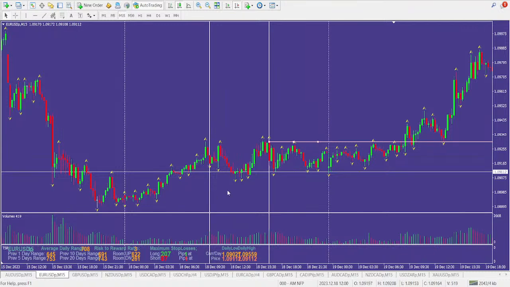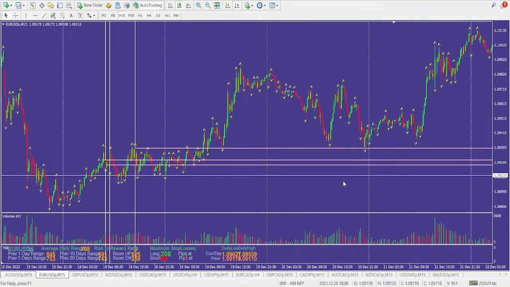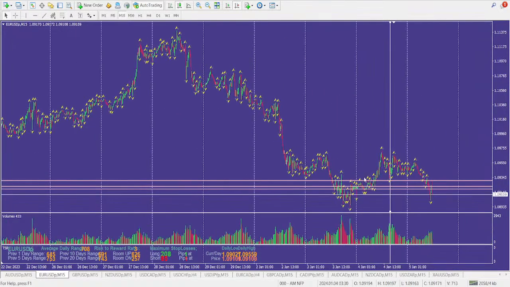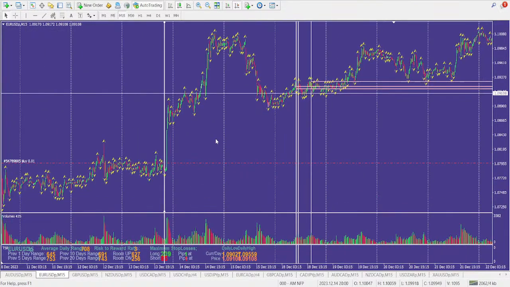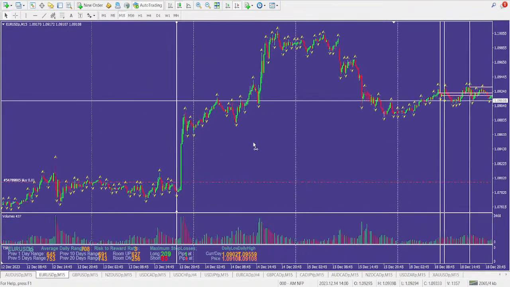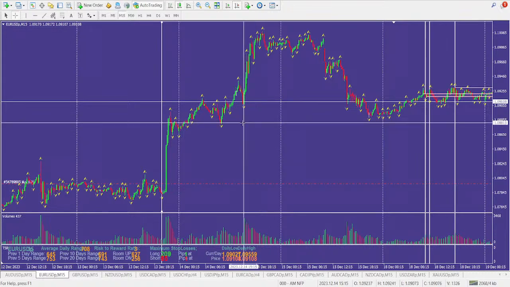We do have another level here, high volume spike, and another level here, which is pretty much like a demand zone. Now if we look at what price is currently doing over there, okay, we can see some action over there. So we'll focus on the next level of demand, which will be